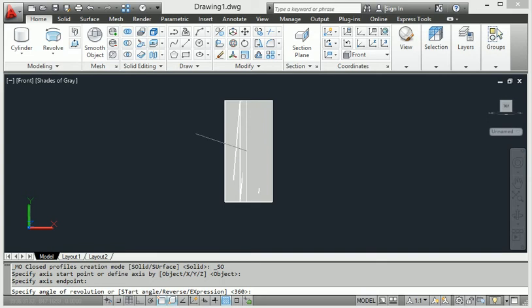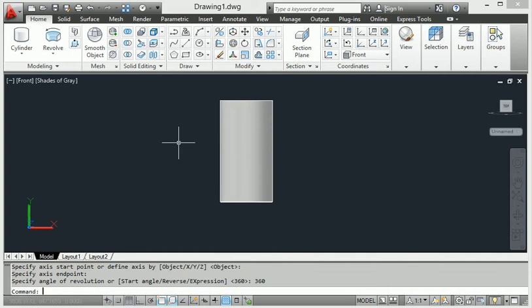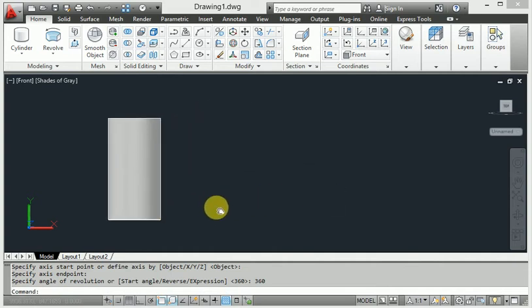Here it shows how many degrees you want to change. I want 360 degrees, so here I set 360 degrees.